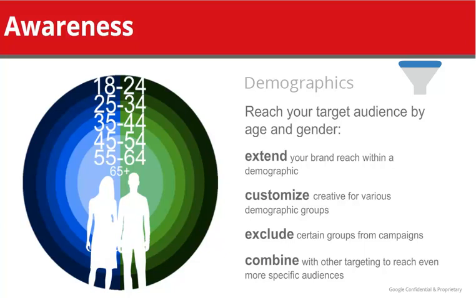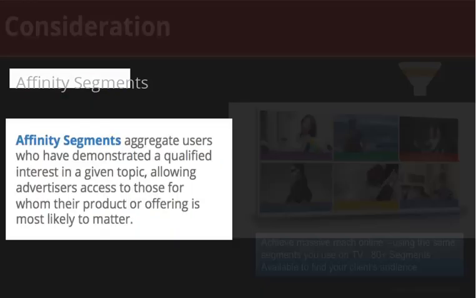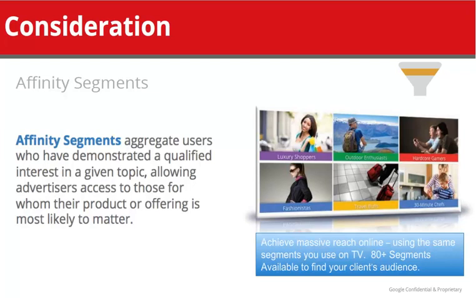However, if your advertiser wants to get a bit more targeted than age and gender, they may want to leverage affinity segments for greater focus. Affinity segments aggregate users who have demonstrated a qualified interest in a given topic, allowing advertisers access to those for whom their product or offering is most likely to matter. Google offers 80 plus affinity segments, ranging from travel buffs to hardcore gamers to fashionistas to 30-minute chefs. Now, this allows advertisers to hone in on their perfect customer while taking advantage of the breadth and scale of